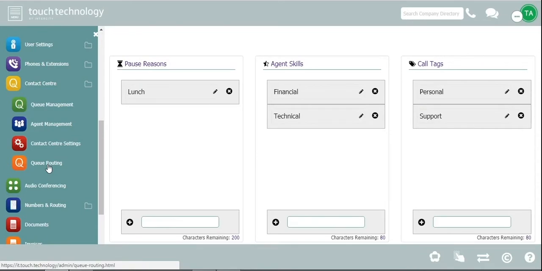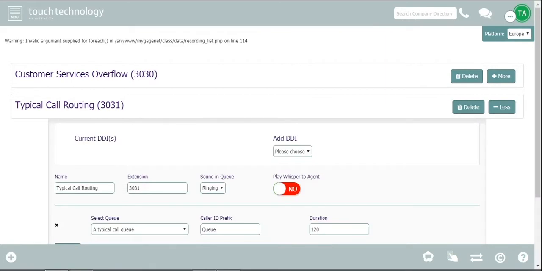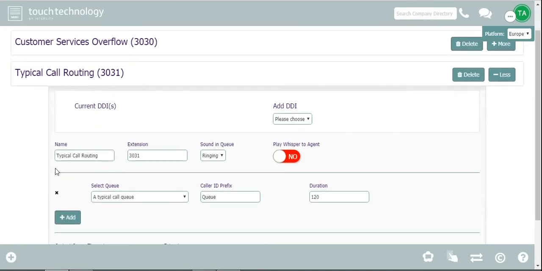And finally, we have queue routing. Queue routing is the highest level in the hierarchy of calls. In here, you'll see a name of a queue and an extension number, any associated DDIs, or the option to add additional DDIs, the option to name the queue, give it an extension number, choose to have ringing or music for the outside caller, the option to add an audible whisper in the agent's ear when a call is answered,